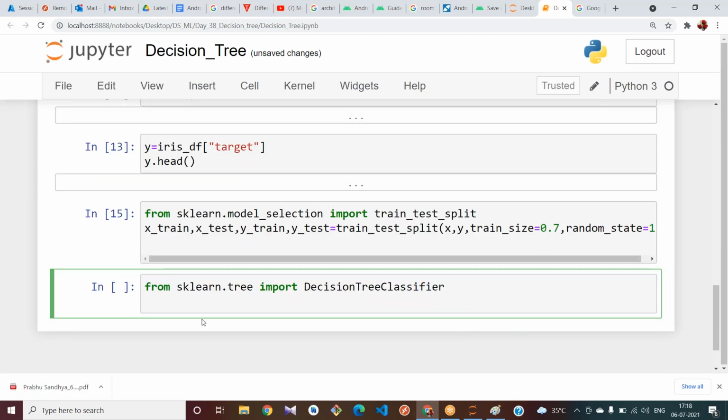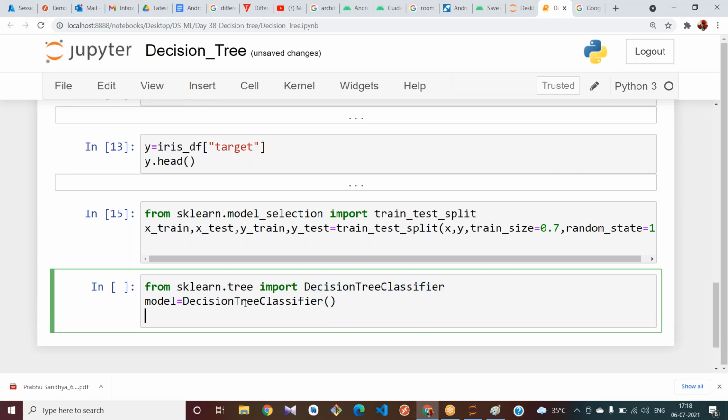Try to create an object, model equal to DecisionTreeClassifier, and see once the help of it.